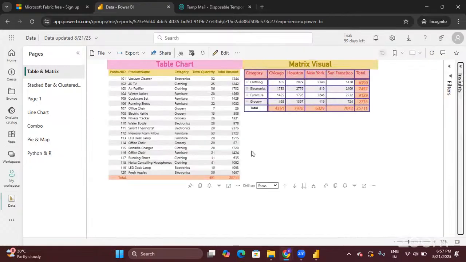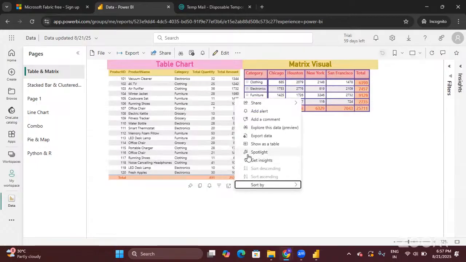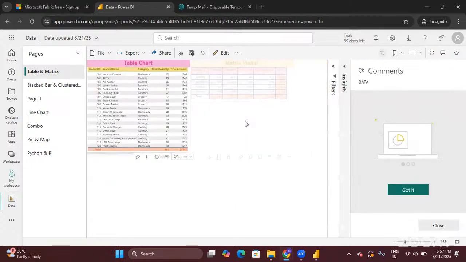Then showing a visual as a table and exporting the data of this visual to a file. Okay. Then exploring this data and you can add a comment. Can we add a comment? Yes. See, when you click on add a comment, you can start building a conversation as we are already in